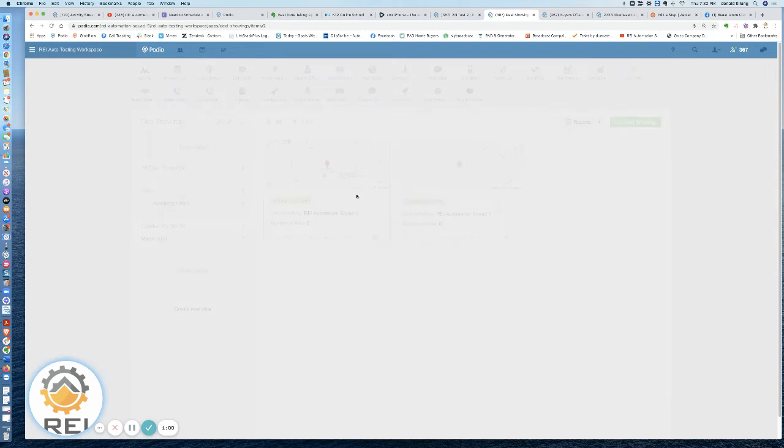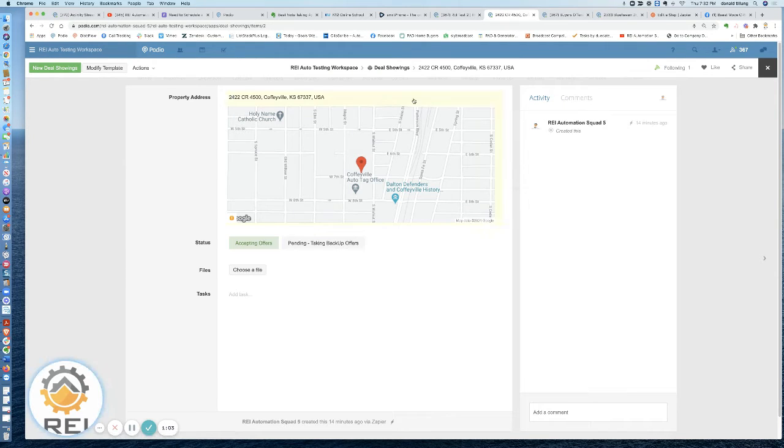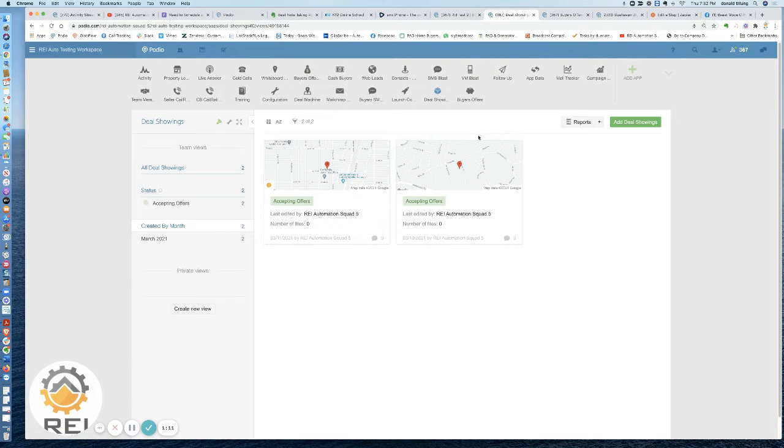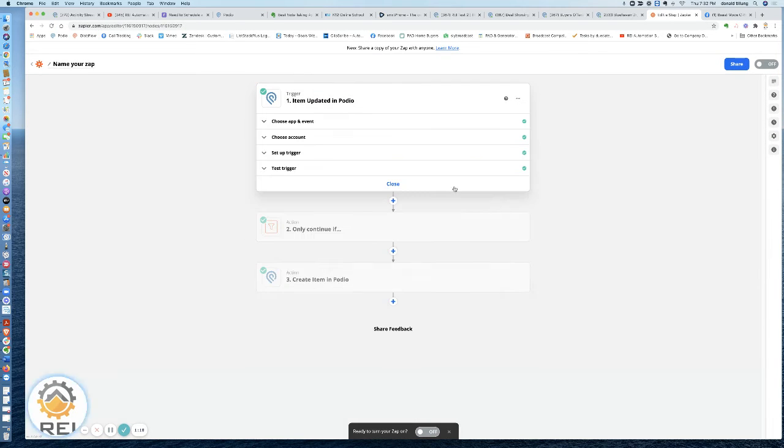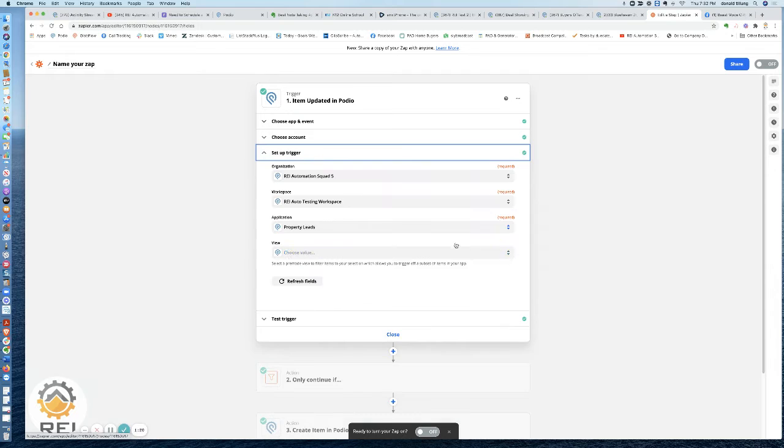If I click into one of the items, it's a simple map field and just a status field, okay? And this is automatically filled in and created anytime you click under contract in the Property Leads app. It's done in a manner of using Zapier. So all I did is say, hey, anytime our Property Leads app